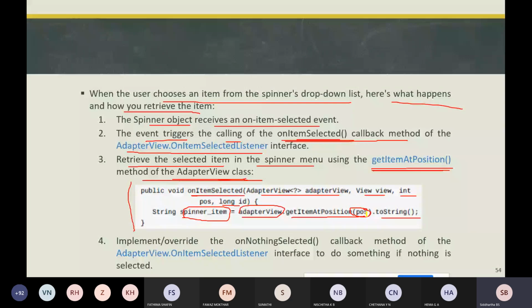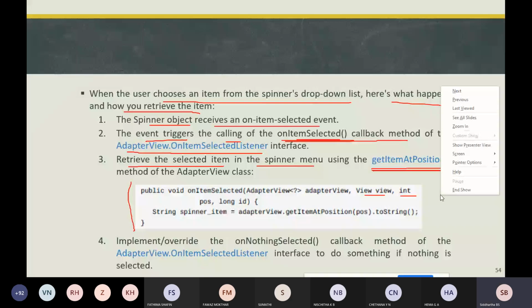This onItemSelected callback method has four parameters: AdapterView, View, position, and id. What is the AdapterView? It is where the selection happens; whatever item has been selected, the AdapterView is used for that selection, that is the spinner element. The View is the view within the AdapterView that was clicked; whichever view is clicked, we use the parameter View.